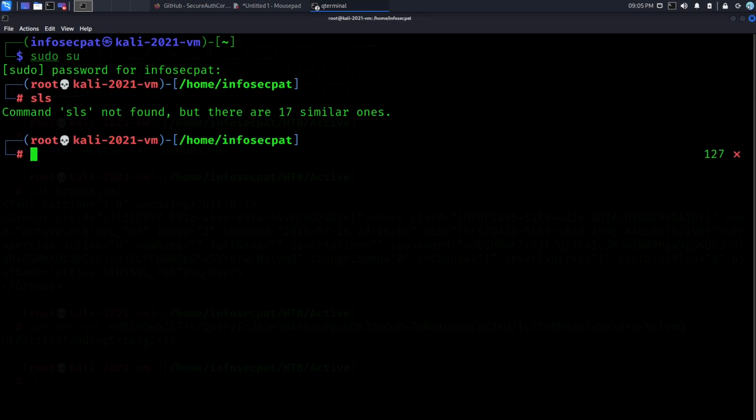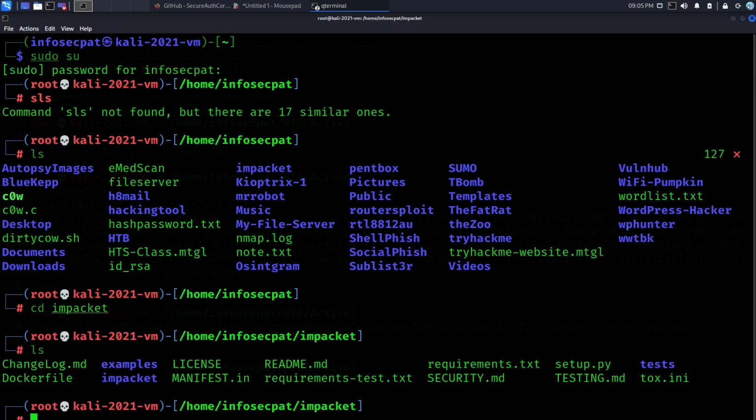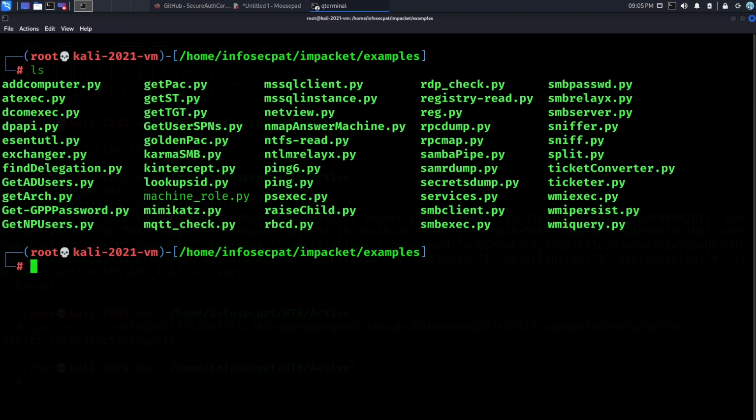Okay, let's do an ls. Let's cd into Impacket, ls. We can cd to examples. And then these are all the Python scripts I was talking about. Okay, so we're going to get to them in a second. But what we're going to do really quick,